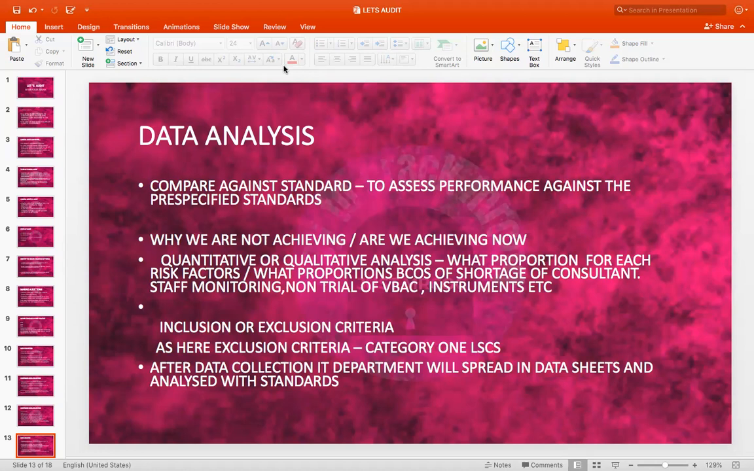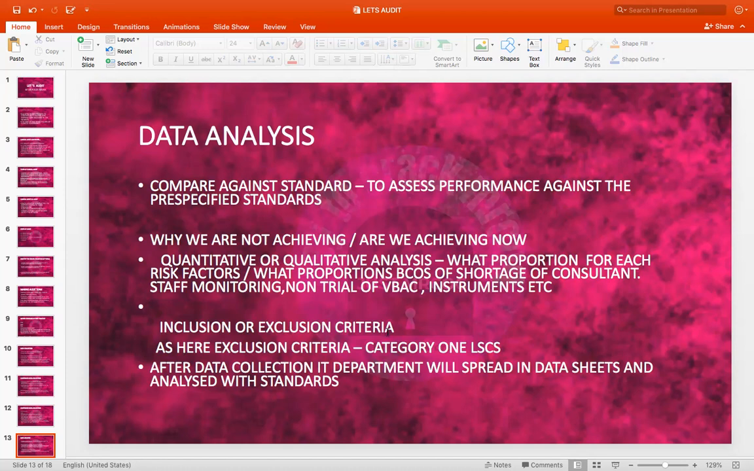How you will say the compare against standard, which is a buzzword. Second, you are going to say why we are not achieving our targets. Third, we are going to say quantitative and qualitative. You will mention how you are going to do the quantitative analysis, that is the proportion of cesarean section for each risk factor, and how you are going to do qualitative analysis, that is shortage of consultants, shortage of training, lack of monitoring, etc. Then inclusion or exclusion criteria, that I've already told you, this is a buzzword, you have to mention it,